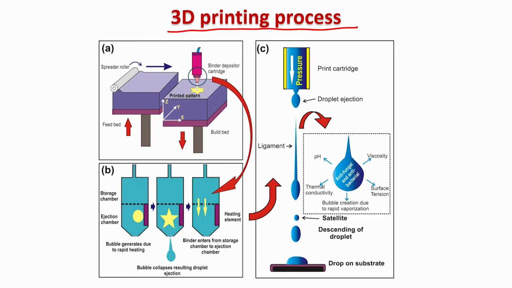So, this particular slide provides you a very schematic representation of how 3D inkjet powder printing works, or what the working principle of this particular additive manufacturing technique is. What is additive manufacturing? This is a special class of manufacturing which involves layer by layer assembly of a particular product depending on the input design.